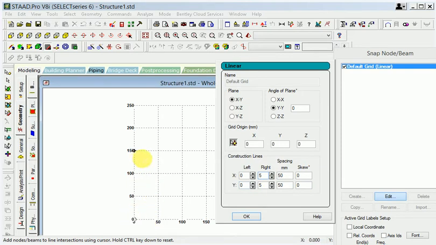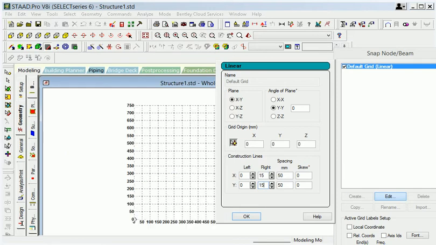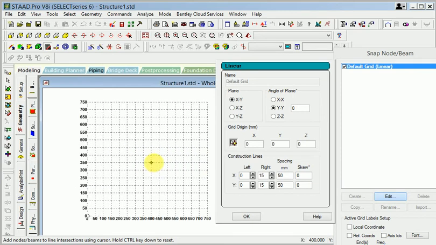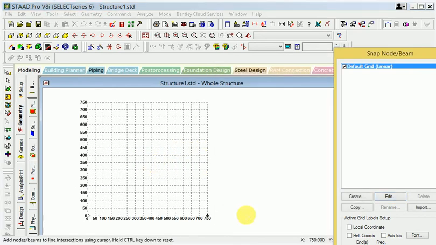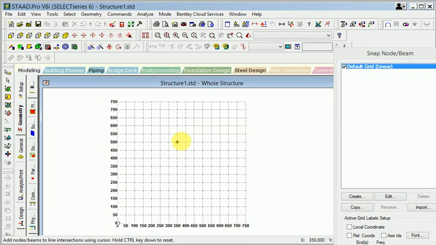So this one is 0 to 50, 0, 100 and 250 like that, but I want 15. So here you can see 15, and again I will show you 15. So now the grid has been created and I can do this. OK.